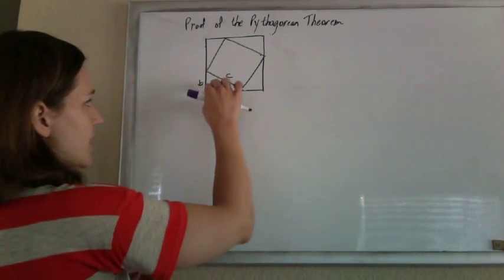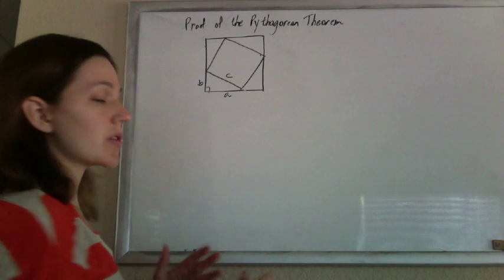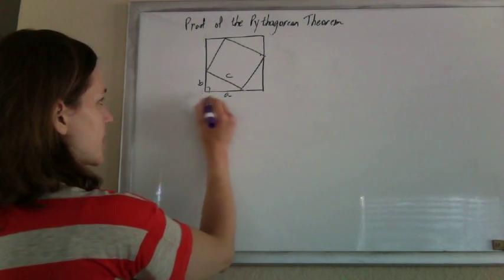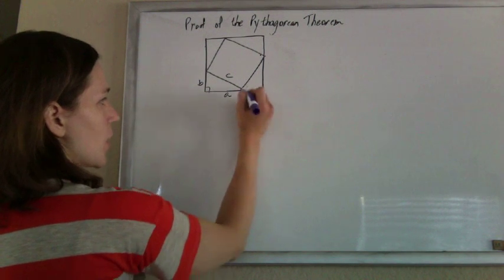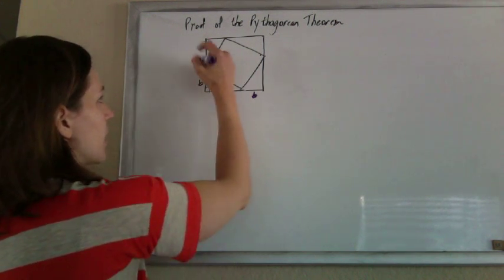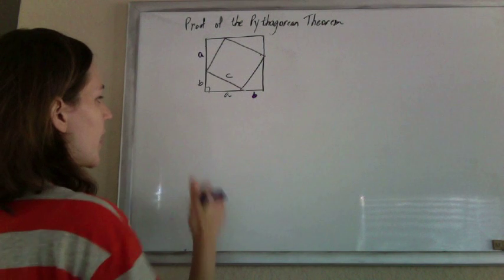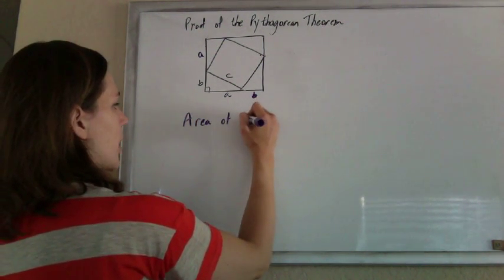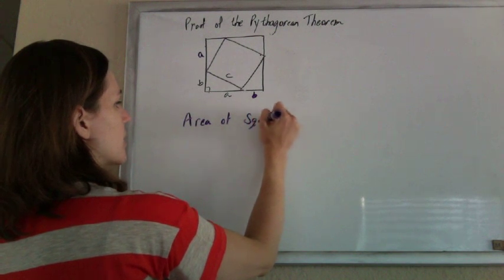So they tell us that all these triangles are congruent, so they all have the same lengths. So the longer sides are A's and the shorter sides are B's. So I can mark this side a B and this longer side an A, and I can say that the area of the square is going to be,